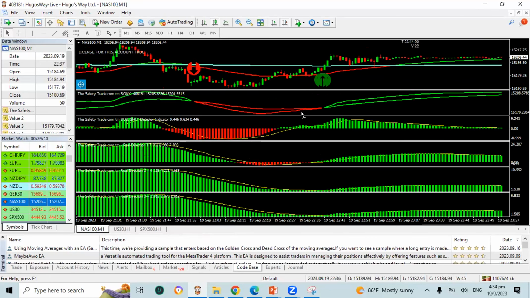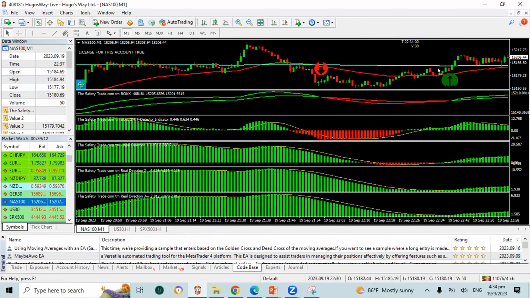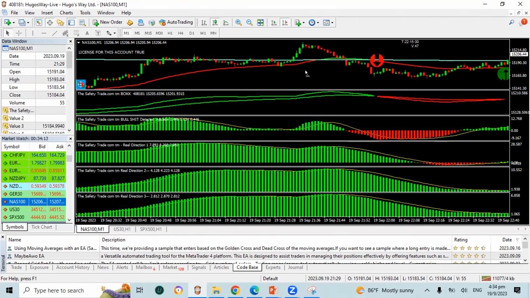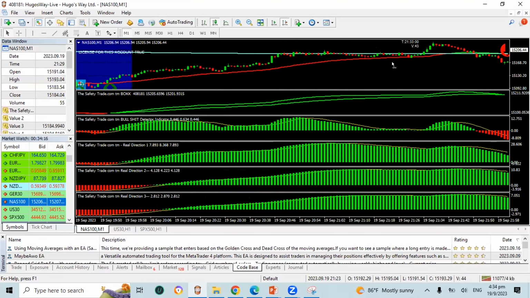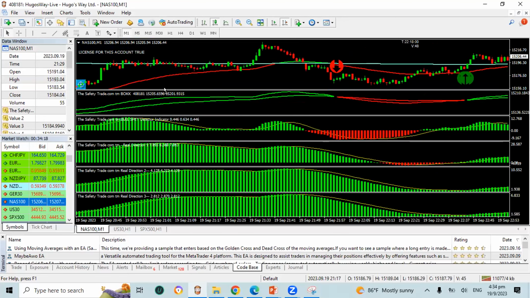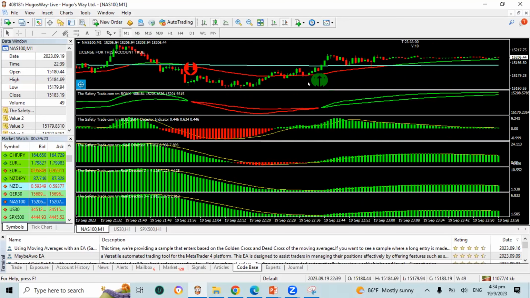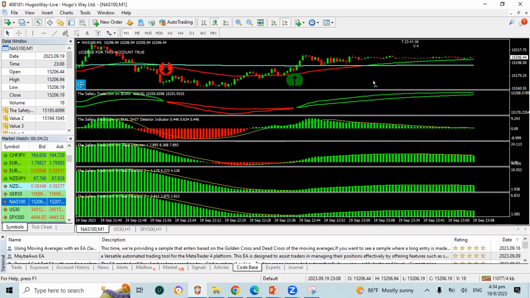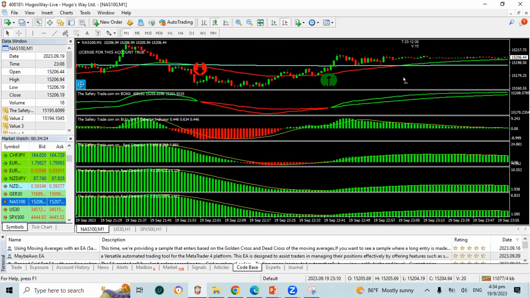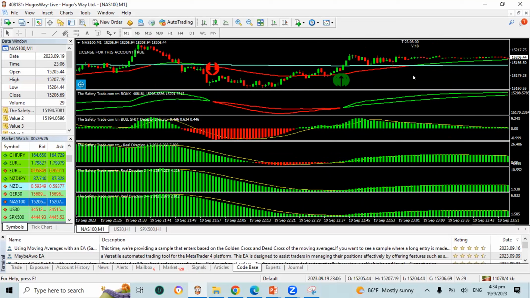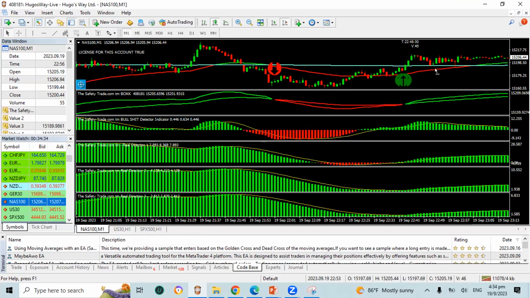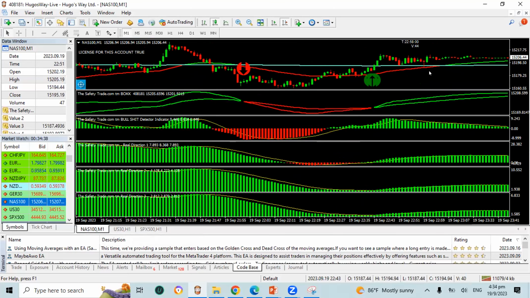Do you guys see this blue line through the candles up at the top? See this blue line? Yes. Okay, the blue line is a specially designed feature of the safety trade that the developer came up with to sort of marry NAS, US30, and SPX almost as one trade. He just observed some things and he built it into his program to show the relationship of these three.